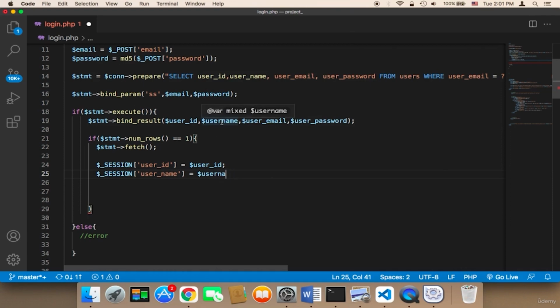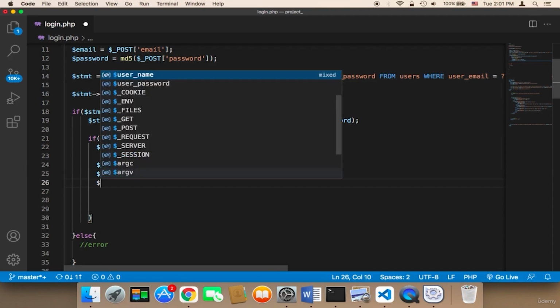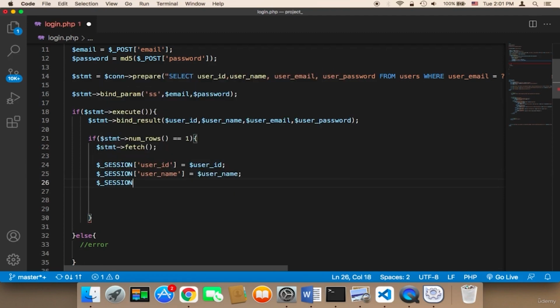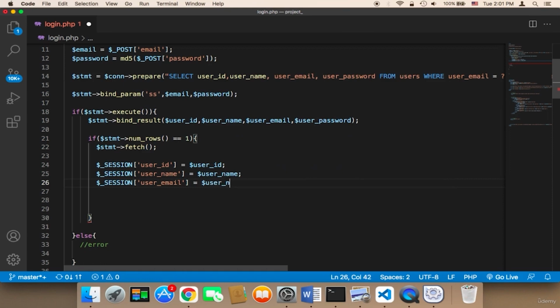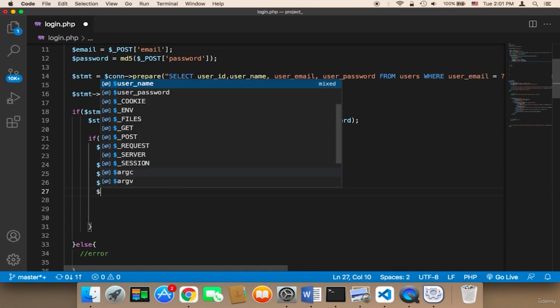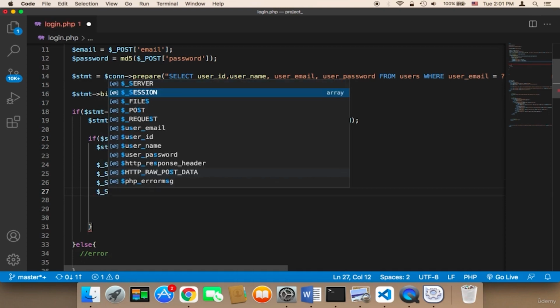Here, by the way, I should say user_name, and here user_name, and then session user_email is equal to user email, and then session